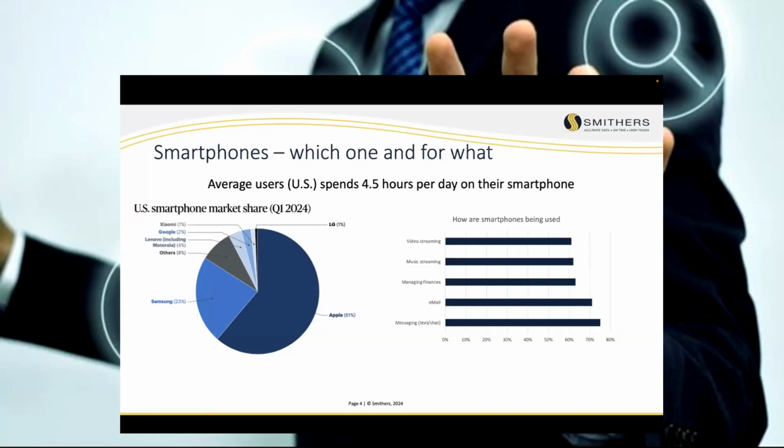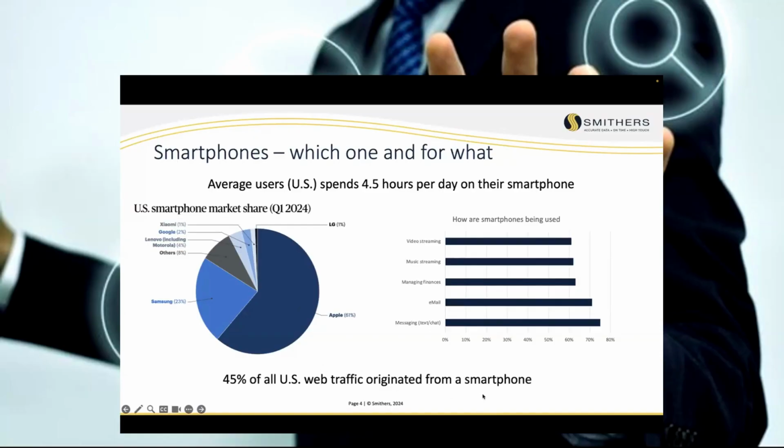But more importantly, it means we're using our cell phones for a lot of things. Now, this one's interesting, and this is why cell phones, specifically smartphones, become such a risk to the network. And that is the fact that 45% of all traffic across the internet and the web in the United States originates from a smartphone. That means that 4.5 hours for business people is probably a little bit low, because if 45% of all the traffic is coming from smartphones, that means we're doing a lot of business on our smartphones.